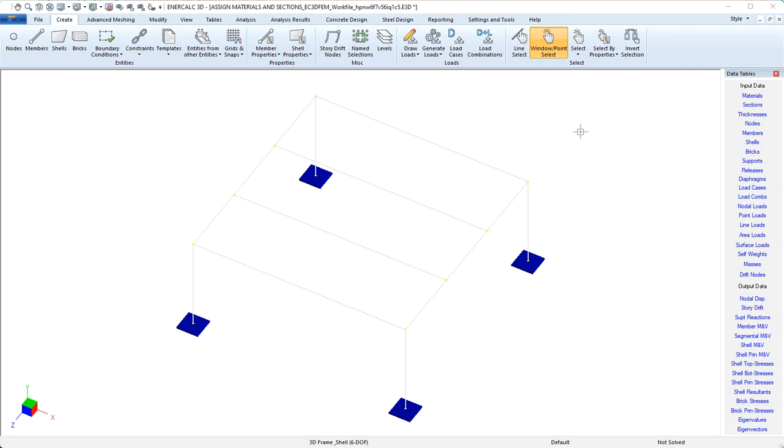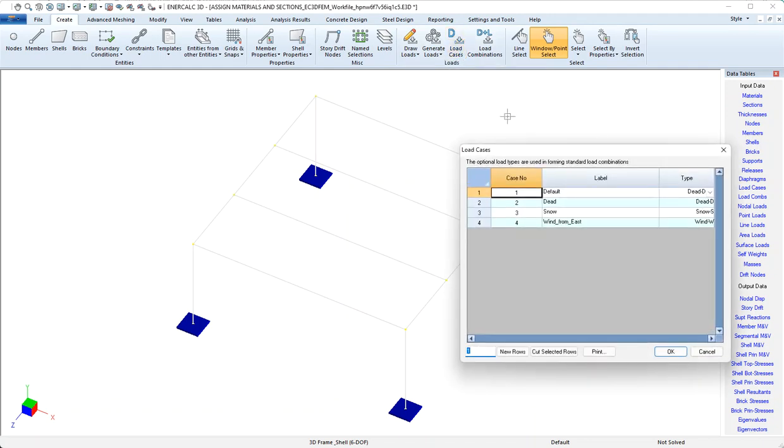When modeling in InterCalc 3D, it's common to want to apply point forces or point moments to individual members in the model. So we have a tool called point loads that's just for that purpose. To demonstrate this, the first thing I want to do is show that this model is pre-populated with some existing